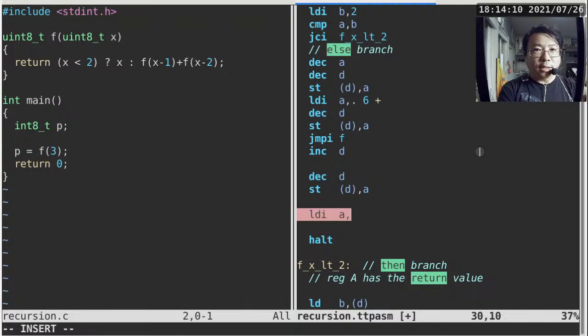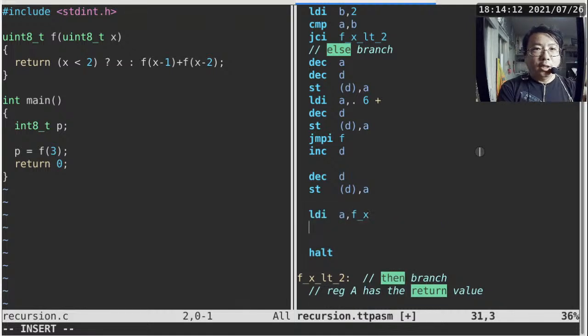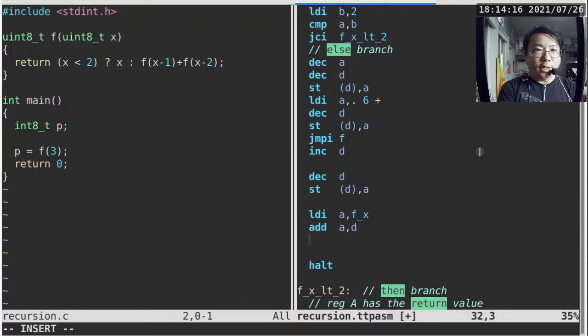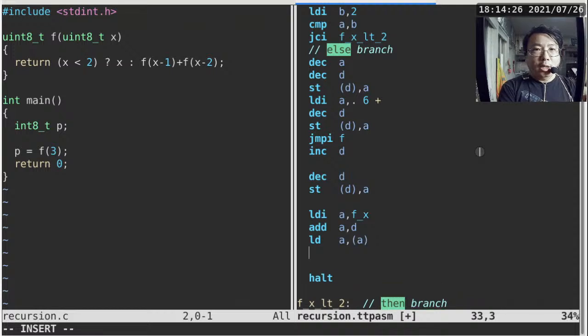Just get the offset of x into register A, add the stack pointer value to the offset. Now we have the address of x in register A. Do LDAA. Now we have the value of x, and then we'll go ahead and push it on the stack because we are trying to call f the second time. And then we just do a decrement D,